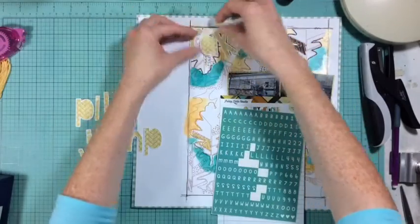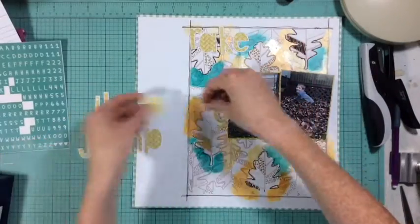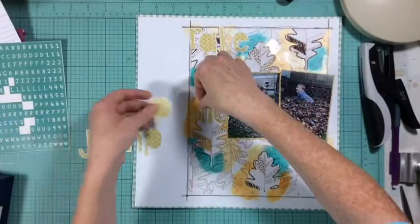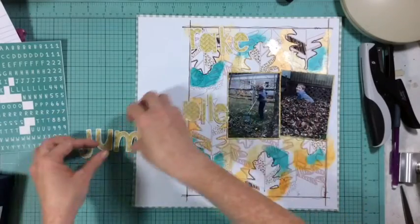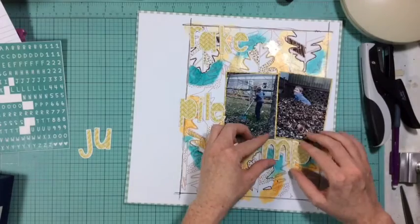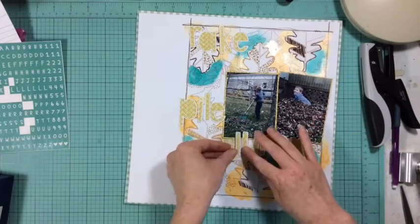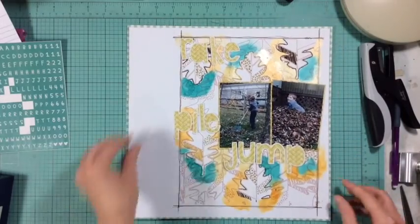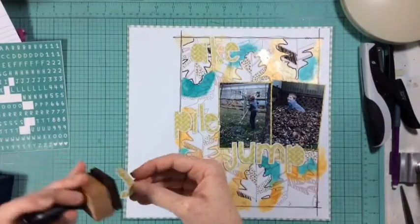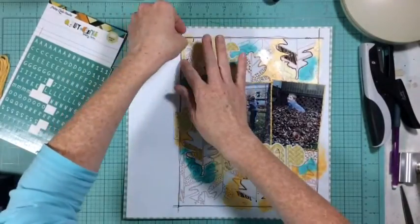So my title is going to be We Rake, We Pile, We Jump, and I think this is a pretty common type of title. I think I've done a title with my older son doing the same thing in his book, so this one is of my younger son. I'm going to place my 3 words here, and then this is going to be more than my title. I'm also going to use these places on my layout as my 3 main